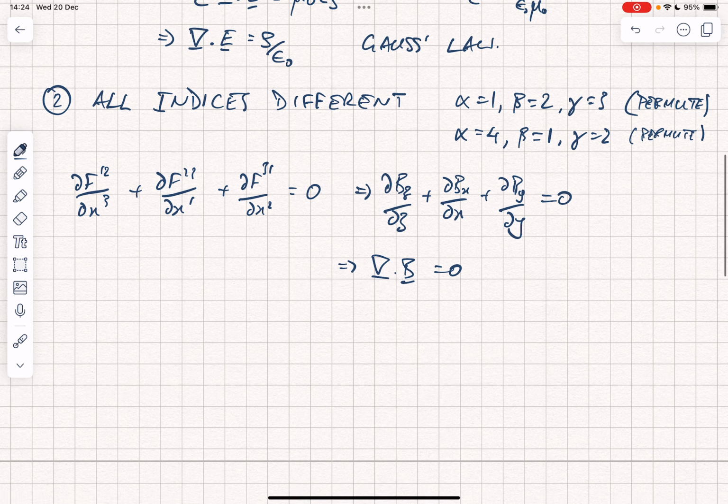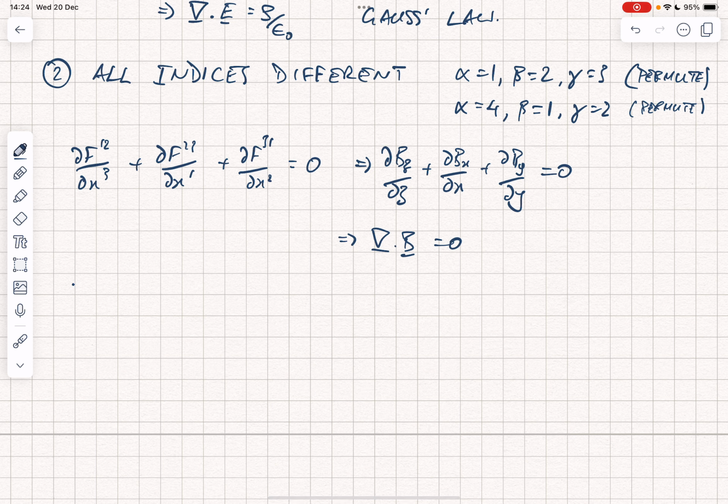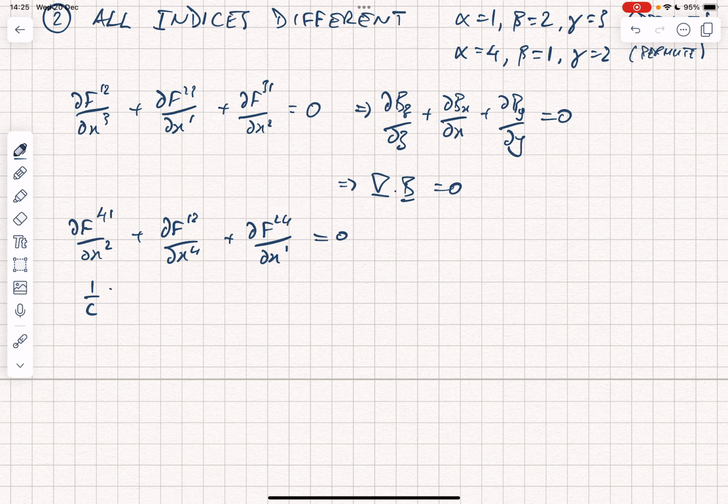Now let's think about the other form, where we're setting alpha as 4, beta as 1, gamma as 2. And we see that df41 by dx2 plus df12 by dx4 plus df24 by dx1 must equal 0, and that gives us 1 over c dEx by dy plus 1 over c dBz by dt, not plus, minus dEy, sorry, I've missed out a 1 over c, let me rewrite that, 1 over c dEy by dx is equal to 0,